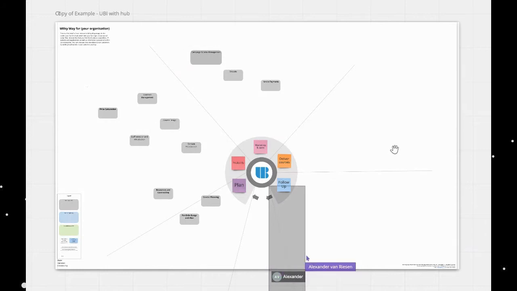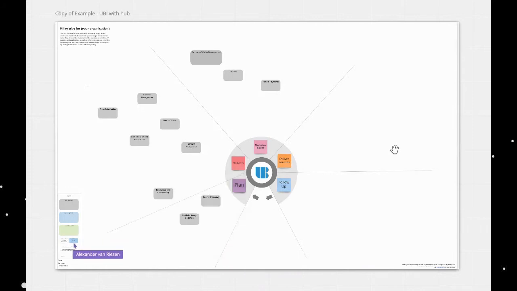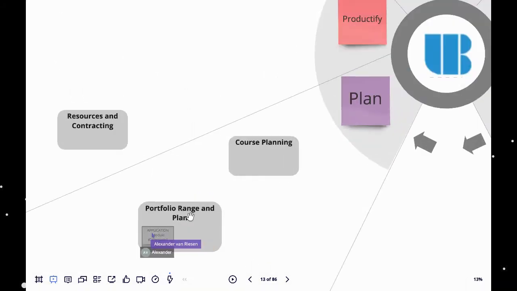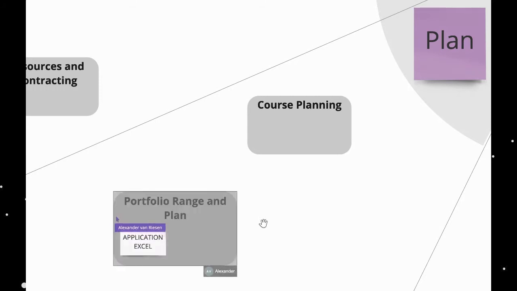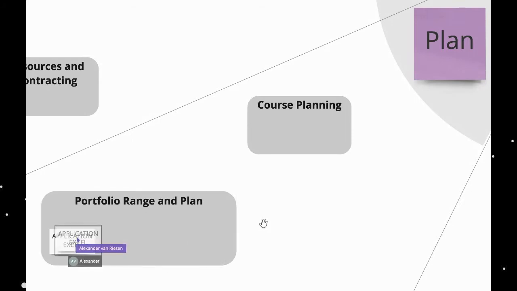What we had before was our rough division into the different Milky Way segments. And what we can do now is then look at, okay, but what IT systems are we using? And here you can use from the template again, the different icons for adding the IT systems. So we zoom in and we can start to rewrite what kind of application, maybe Excel, that is being used in portfolio range and plan. They don't have any specific system for it at the moment,